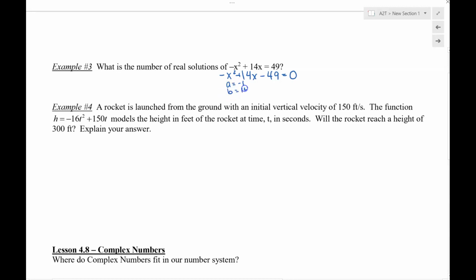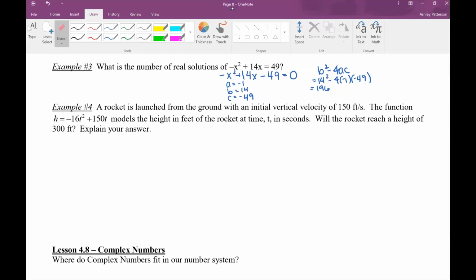So a is -1, b is 14, and c is -49. Our discriminant is b squared minus 4ac without the radical. So b squared is 14 squared minus 4 times a times c. And then if we were to square 14, anybody? Wait for it. Yes, it is 196. Some of you do know it off the top of your head. Well done. And then if we have -4 times -1, we get a +4. But then we multiply that by a -49. So we get a negative, there we go,